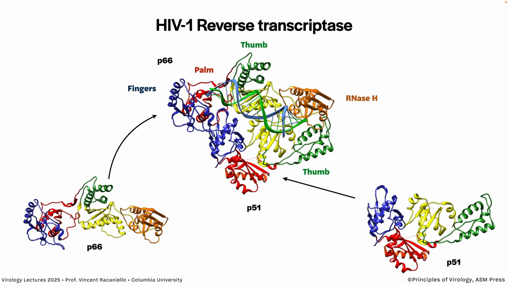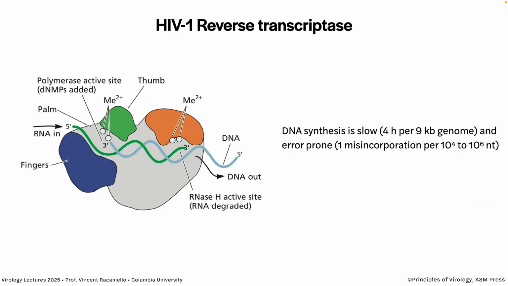But what I want to show you here is the relationship between RNase H and the active site, which of course is in the palm domain. So here's the palm domain, and then a bit downstream is the RNase H. Here is a RNA that's come in the active site. It's been copied to DNA, which would be in blue here. And then as it's passing RNase H, the RNase H is going to chew up the RNA. It's not really shown here, but in the next slide, I'm going to show that to you. So basically, the polymerase makes the DNA copy, and then the product passes the RNase H domain, and that chews up the RNA. And that's shown here in a cartoon.